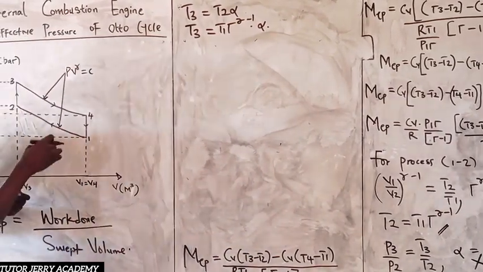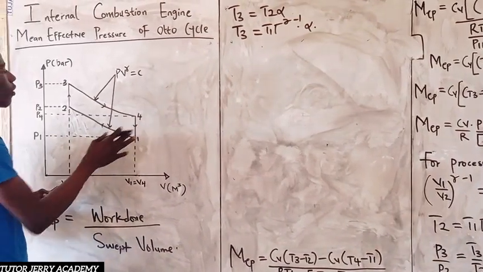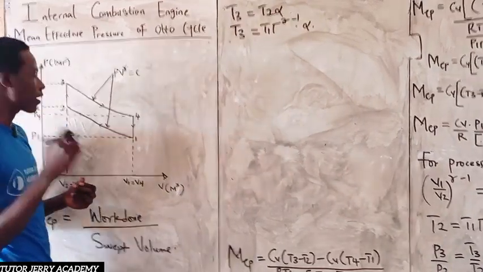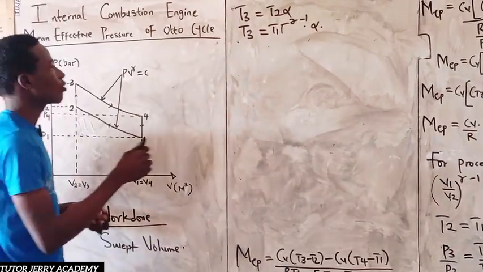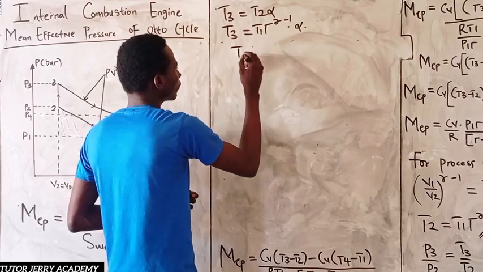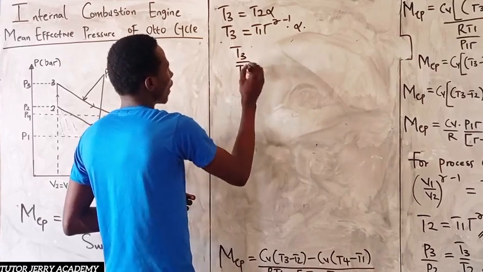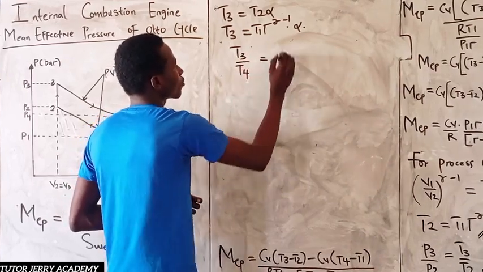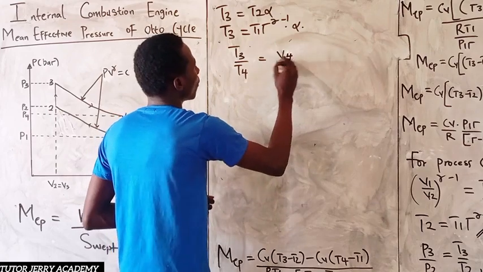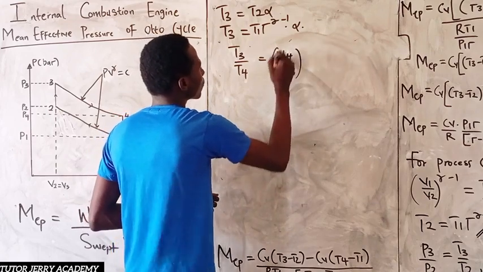3 to 4. Now for state 3 to 4, we have the reversible adiabatic expansion process. And this is nothing but T3 over T4 equal to V4 over V3, all to the power of